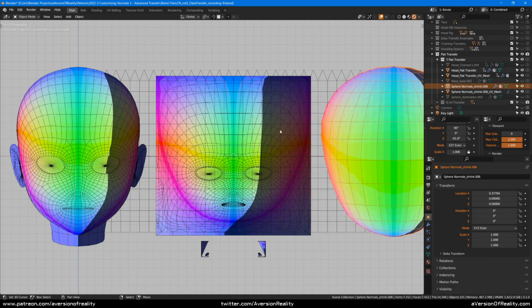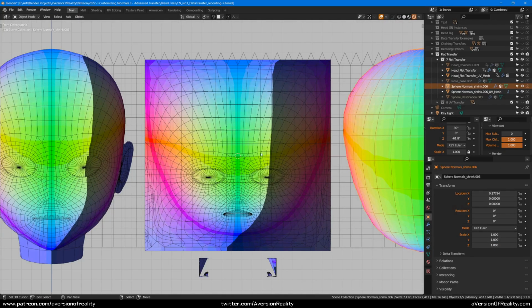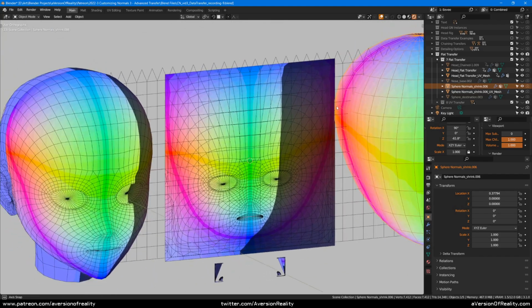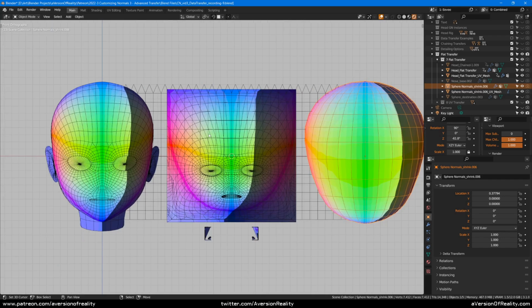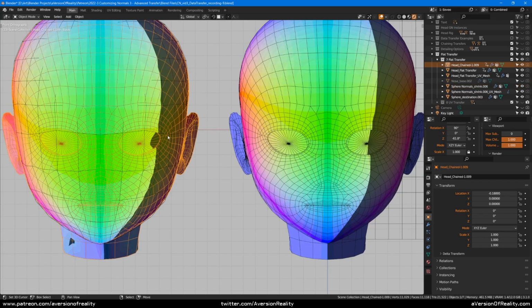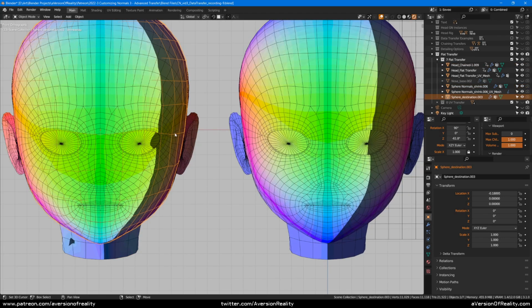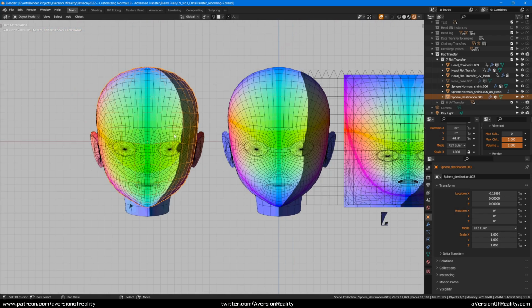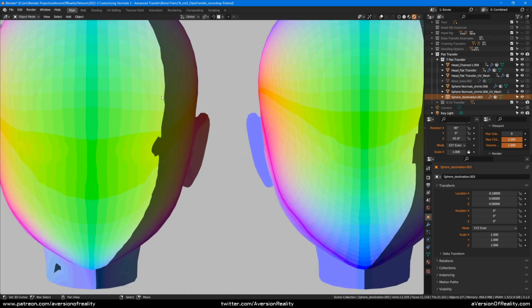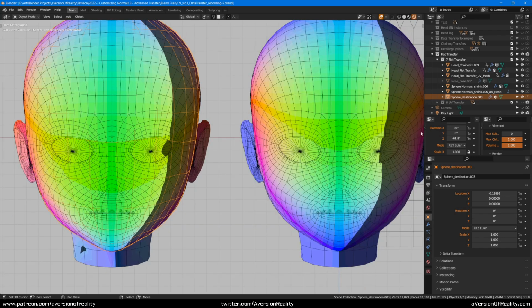So using this sort of setup has a bunch of advantages. You've removed one of the three axes, so you just have way less problems to worry about. This means, first of all, that your transfers are generally going to be much more clean and accurate. Like here is a previous copy of the head where we have the shrink-wrapped source mesh, so this is getting normals from here. And if we compare the two, we can see that this is much more jagged. This is really clean in comparison, even though we have no subsurf on.